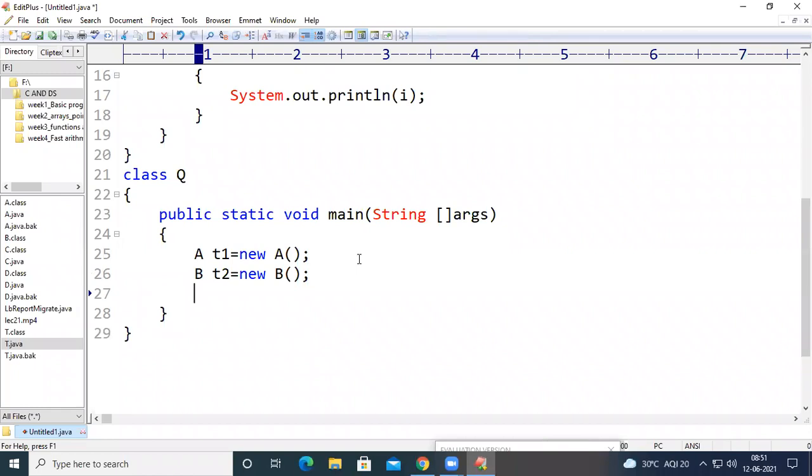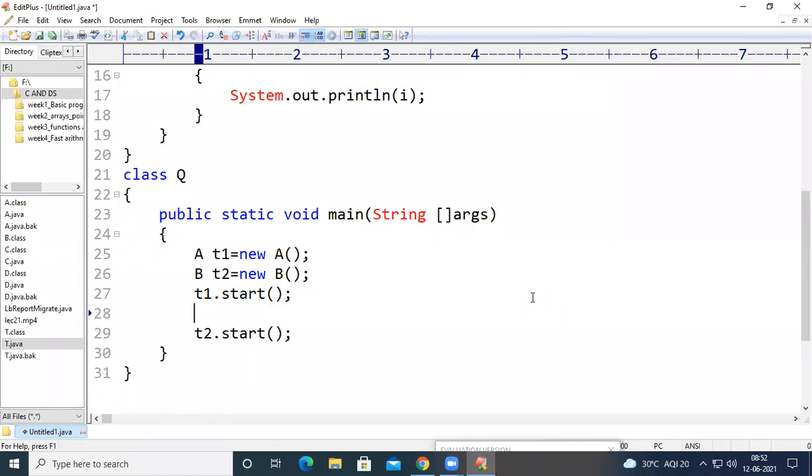Now if I want to bring both the threads into the ready state, I need to call the start method over the threads. If I call t1.start, the thread is moved from the new state to the ready state. When we call t2.start, the t2 thread will also be moved into the ready state. Okay, here, let us do something here.